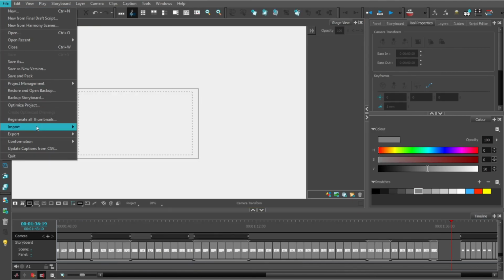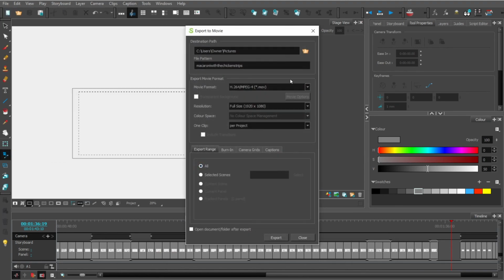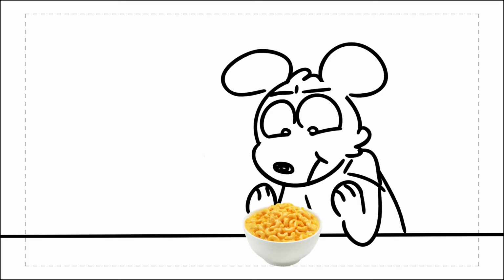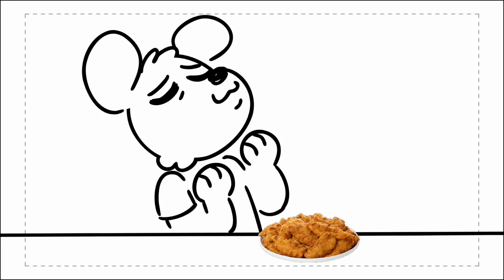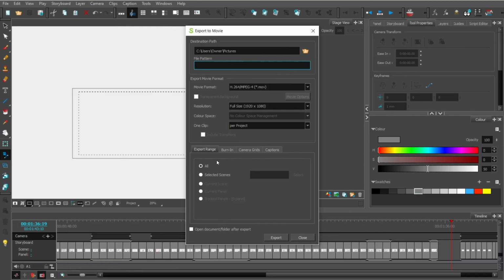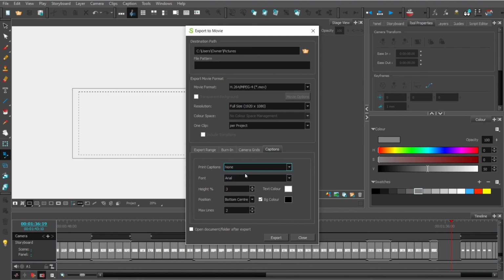And then you have movie, which is another one that I use. Again, macaroni with chicken strips was the last thing I exported. Again, you've got your export range, your burn-in. You actually can do time codes and your camera grids too. I always forget to turn this off, but I always print the action safe area in here. And then again, you have your dialogue, all those other good notes. And